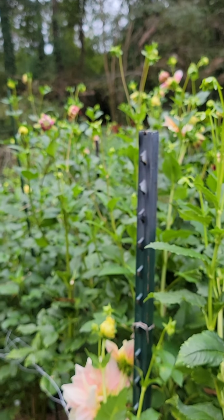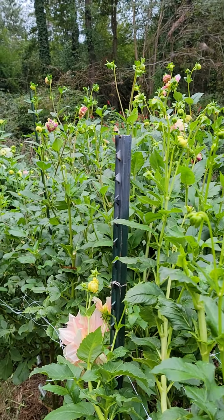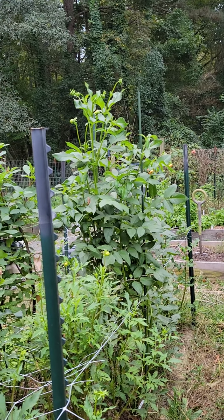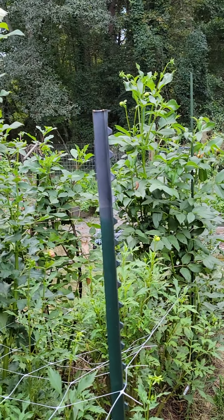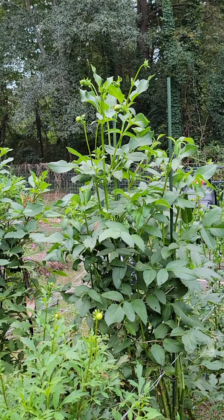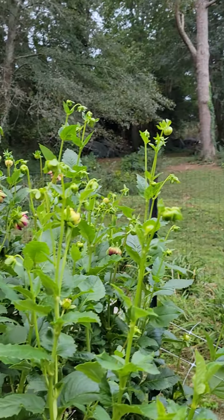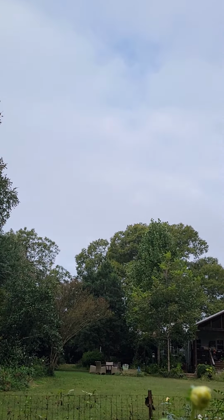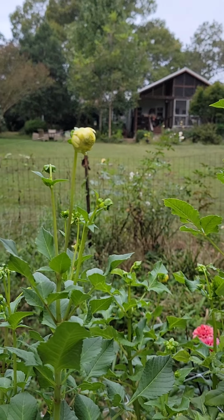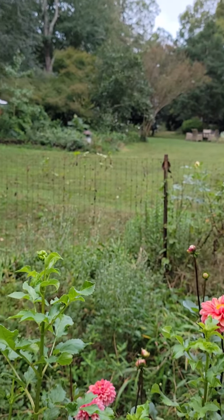So I hope y'all grow dahlias. I hope you give them a try. And I've had people ask about the heat because I'm in North Georgia. Well, not really North Georgia, but I have a lot of heat. And my dahlias are planted, let me see if I can show you. See, they're in full sun. Because dahlias like sun, and if you'll look at any of the flower farmers, they're all in sun. So, dahlias like sun,